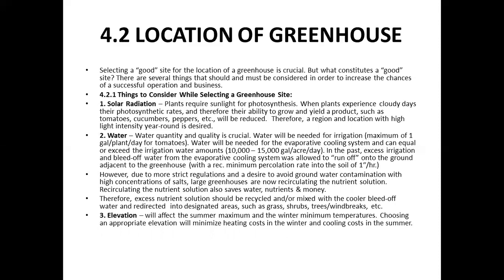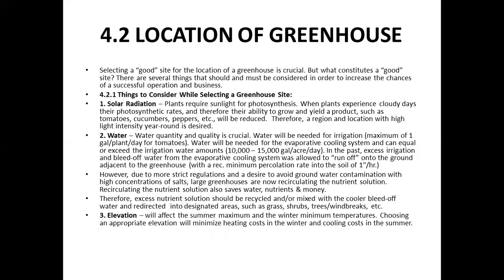Second is water. Water quantity and quality is crucial. Water will be needed for irrigation, maximum 1 gallon per plant per day for tomatoes. Water will be needed for the evaporative cooling system and can equal or exceed the irrigation water amounts, 10,000 to 15,000 gallons per acre per day. In the past, excess irrigation and bleed of water from the evaporative cooling system was allowed to run off into the ground